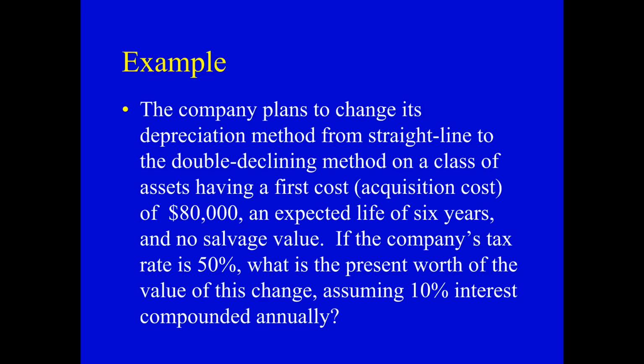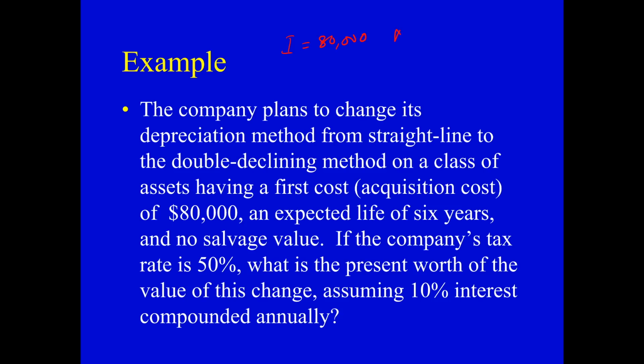The company plans to change its depreciation method from straight line to the double declining balance method on a class of assets having a first cost, which is the acquisition cost, of $80,000, an expected life of 6 years, and no salvage value. If the company tax rate is 50%, what is the present worth of the value of this change, assuming 10% interest compounded annually? So we see from here that I is equal to 80,000, the initial price of the asset,